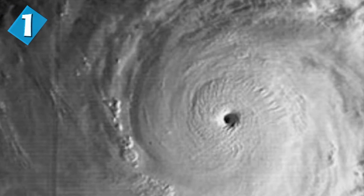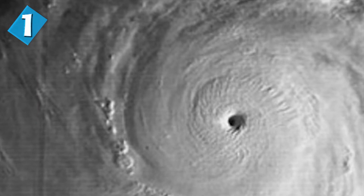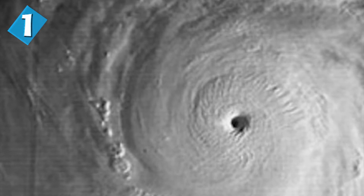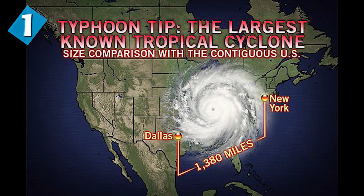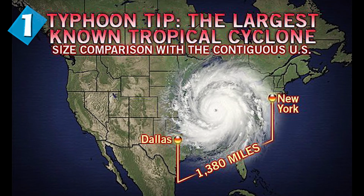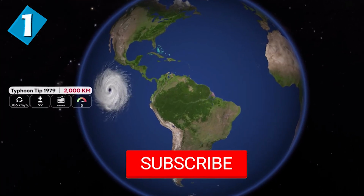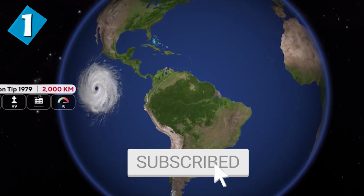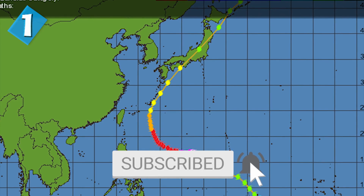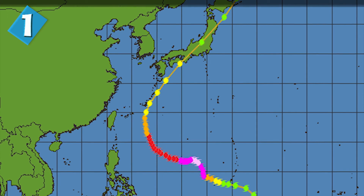The number 1 biggest hurricane was Typhoon Tip, formed in 1979. This was a Category 5 super typhoon with a diameter of 2,220 kilometers. Typhoon Tip is the largest by diameter in history. Tip formed over the Marshall Islands near the Philippines, and it gained strength as it moved over the ocean, eventually becoming a Category 5. It also caused damage to Japan. Boats and people at sea sank, and tens of thousands of people were left homeless